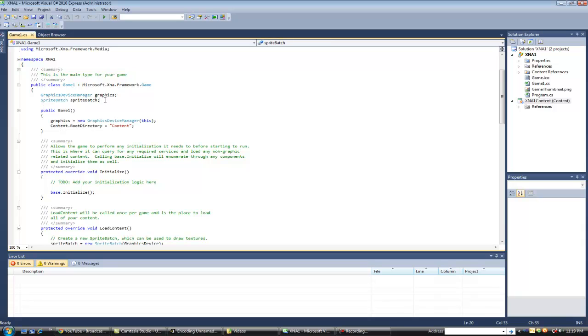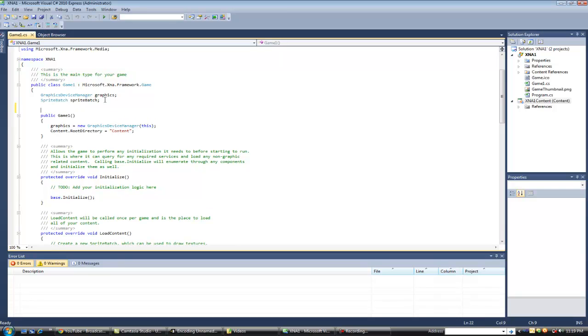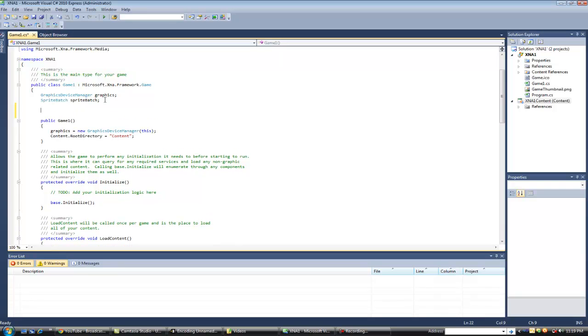Okay, so what we're going to do today is we're just going to load an image and display it on the screen, which in XNA is really easy to do. There's three things you have to do in XNA. First you have to declare a texture, which is the object that represents 2D images in XNA. So you go up here in your class Game1,